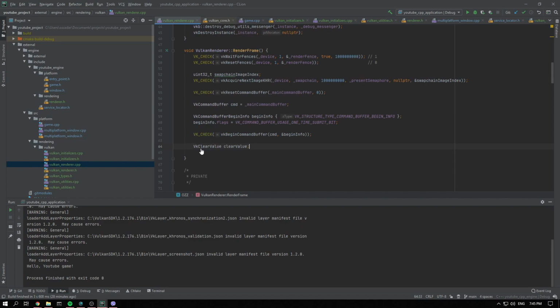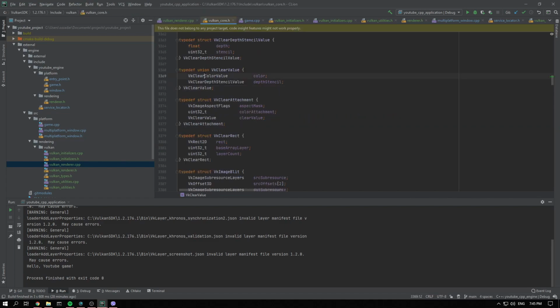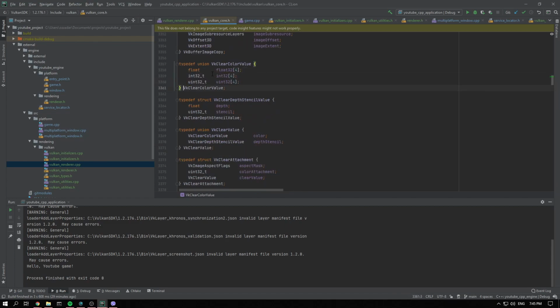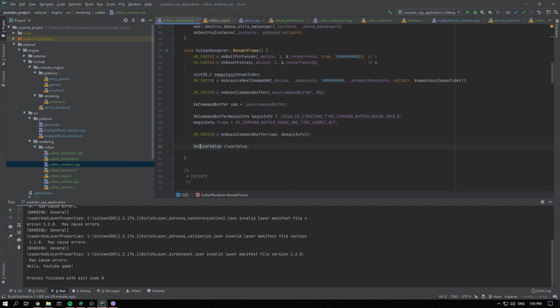If we look at VkClearValue, it's got a VkClearColorValue and a VkClearDepthStencilValue. We are just going to do the color, and it's going to be 4 floats. We want to get the flash color, so float flashColor